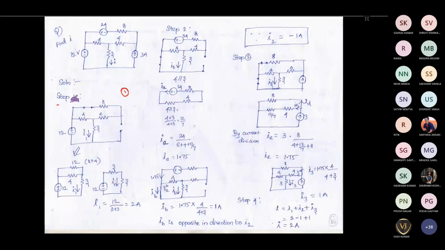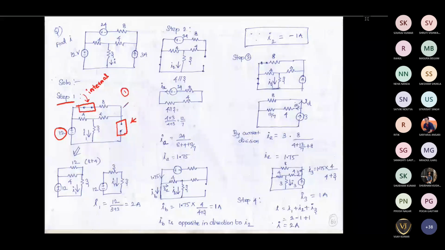So for step one, you can see here that we are considering only one source, that is the 12 volt source here. The remaining two sources, we have made zero. A voltage source we make zero by replacing it with a short circuit. Why do we make it a short circuit for voltage sources? Because its internal resistance is zero. Actually, we are replacing the voltage source by its internal resistance. Similarly, for a current source, this is an ideal independent current source, so we replace it with its internal resistance, which is an open circuit.